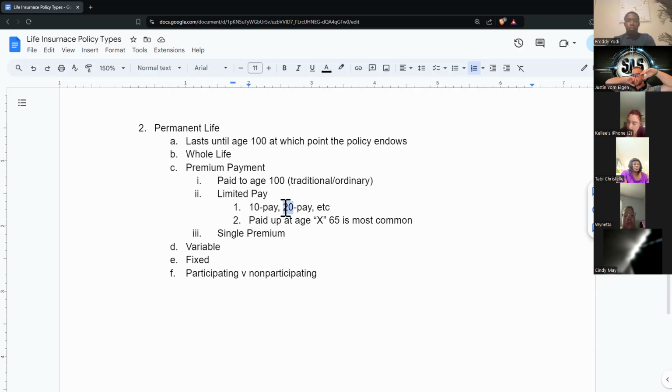Now, if I pay for 10 years, obviously my premium every year is going to be more expensive than if I pay till age 100, right? Because it's spaced out over 10 years instead of 66 years. But overall, in 10 years, I'd pay a lot less in the 10 pay total than I would pay if I paid an ordinary traditional whole life for the whole duration until I was age 100. Is anybody confused on what I mean by that?